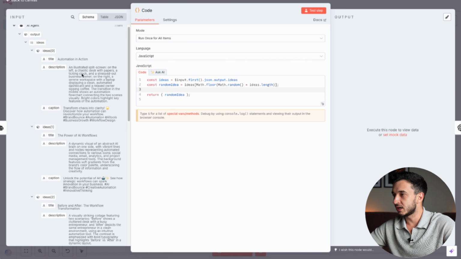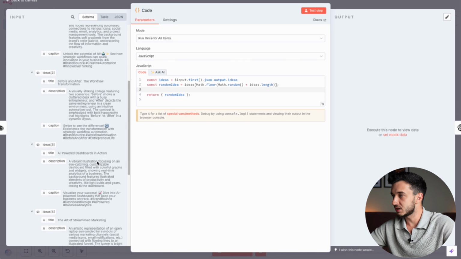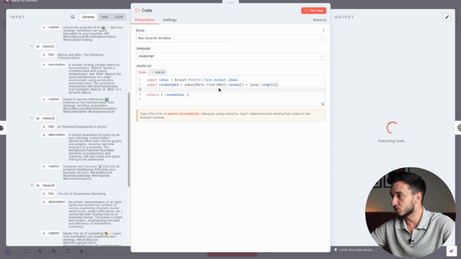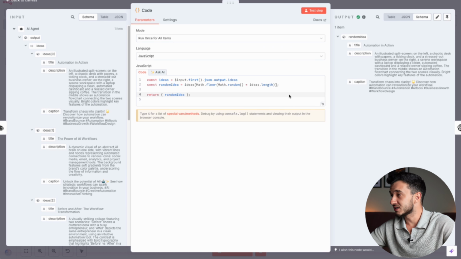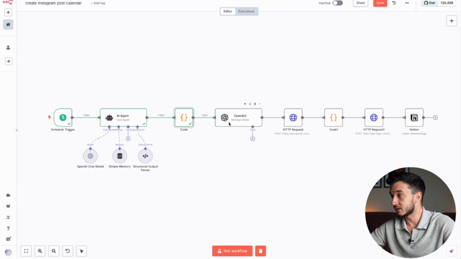Okay, so these are all the ideas that OpenAI generated. Now we can press on test step and this code block will choose a random one. I did this because I wanted it to be unique, I didn't want it to repeat itself, so I am choosing a random idea. Next we have an OpenAI message model node, so go ahead and click on the plus